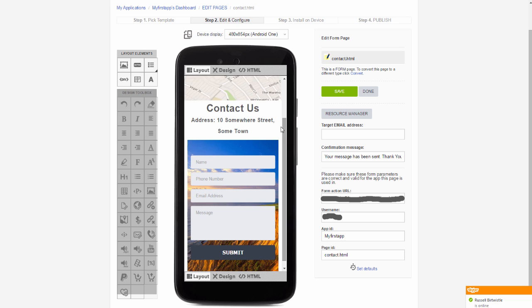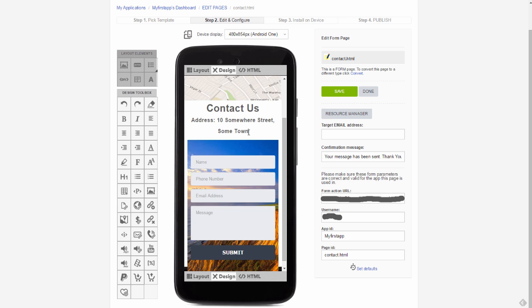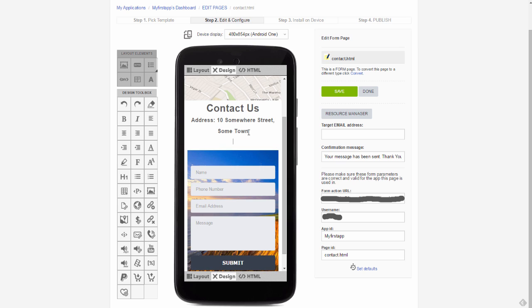The other thing we could do is go back to design mode, and I want to add a phone number that people can tap to call. So here I'm going to type in phone, and 64